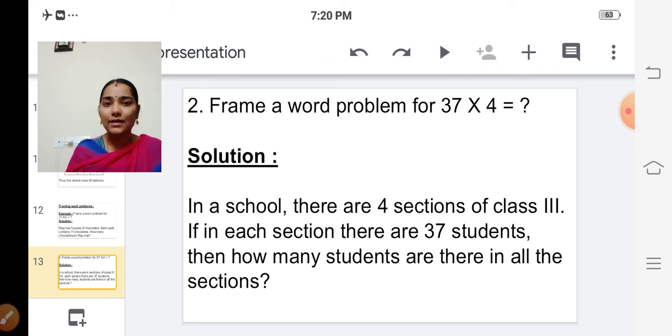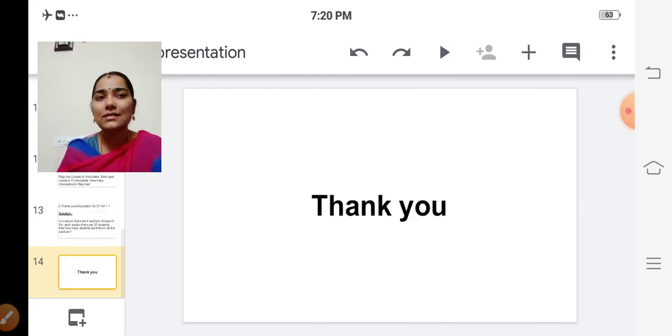So have you all understood what I have taught today? Yes. So work out all the exercise problems, even example problems, on your own, and then check the answers. Then only you can do all the problems very easily. Before that, memorize all multiplication tables. Then only it will be very easy. Okay, children. So see you in the next class. Thank you.